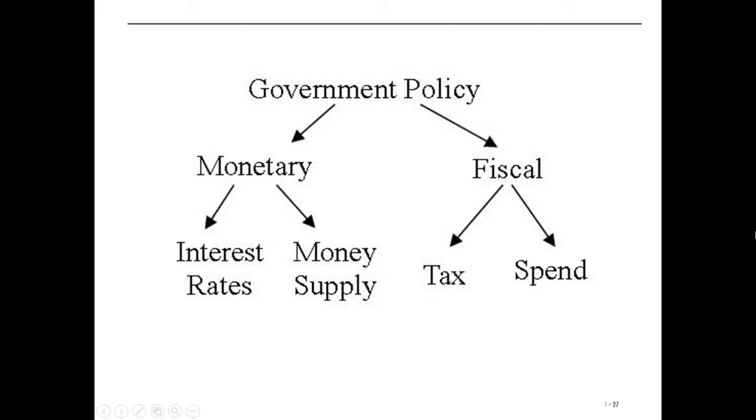So monetary policy uses interest rates and the supply of money in the economy to try to avoid recessions and avoid hyperinflation. Fiscal policy, on the other hand, is trying to collect taxes and also controlling spending so that, again, the growth of the economy can be